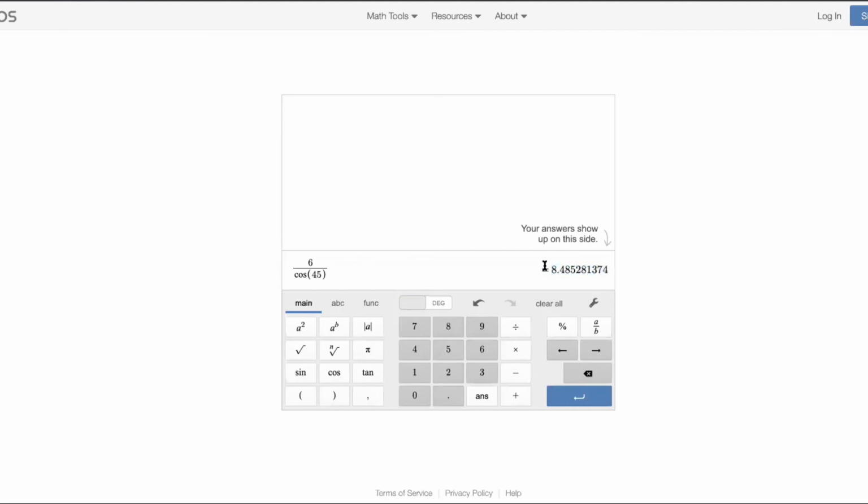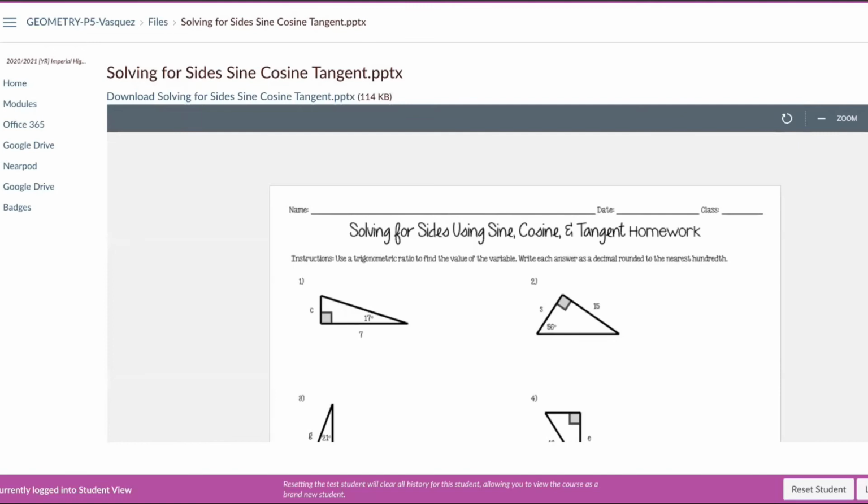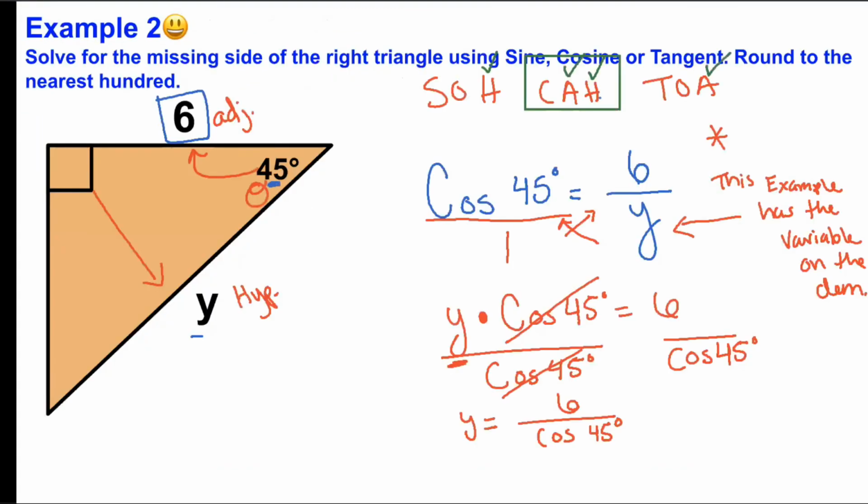And it's said to round it up to the nearest hundredth. So in this case, it's 8.4852 and so on and so forth. So we're going to leave it at 8.48 since 5 is the next number to the right. We're going to round up. So it's 8.49 in this case. Let me go back. So if we simplify, we've now used a calculator and we have y equals,